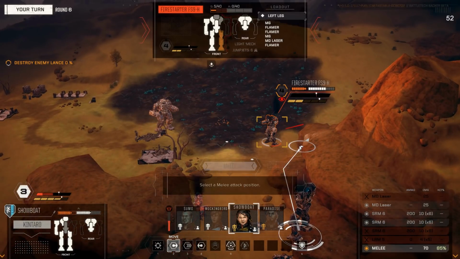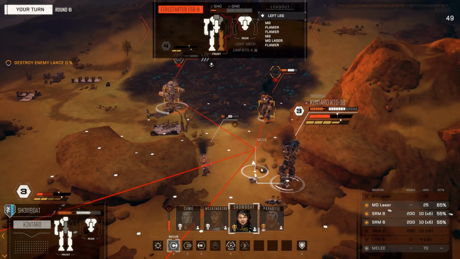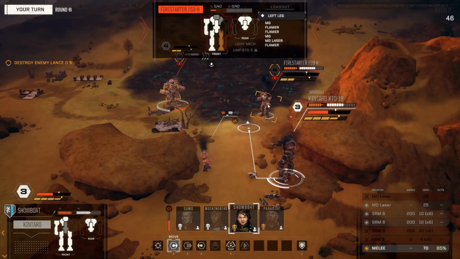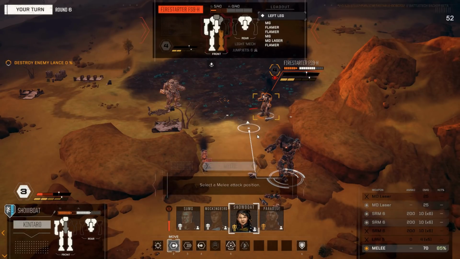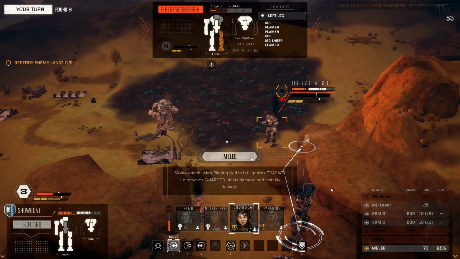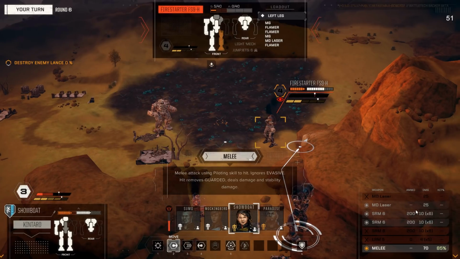Now, I'm going to go to this side and melee attack. The way you do this is, instead of doing attack, you do move and click on a mech. And then you select from where you want to attack him. So from the front, from these two sides, or from the left side. And I'm going for the left side because it's pretty damaged already. Now the melee attack will do 70 damage. Or I could go for, you know, this stuff. 2 SRMs and medium laser, which will do way more. 120 plus the 25, but...